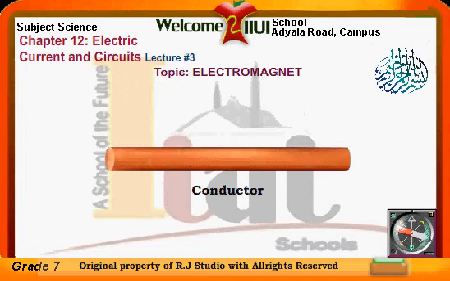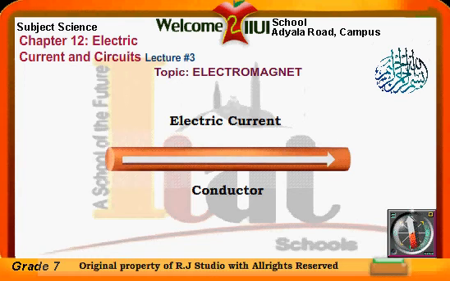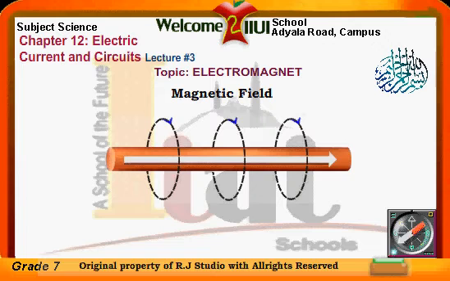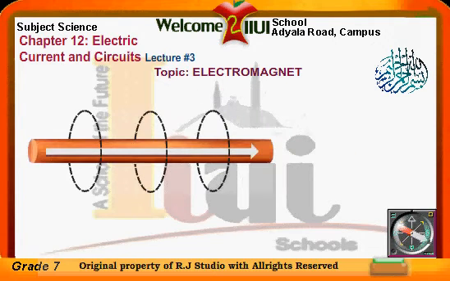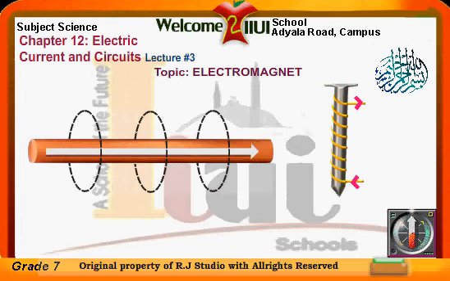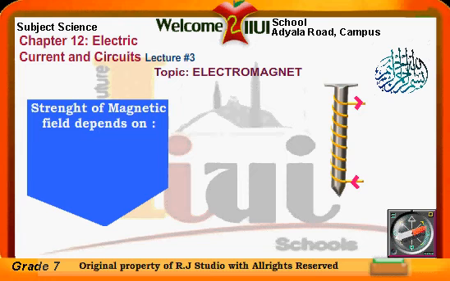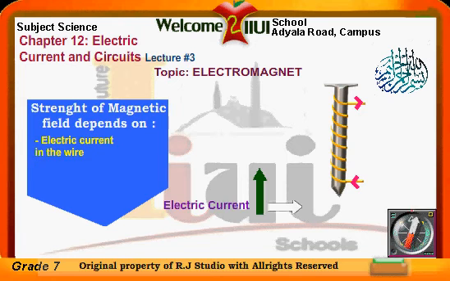Dear students, any conductor that has a straight wire through which electric current is flowing is called an electromagnet. That's because there is a magnetic field around it. However, we can make the magnet stronger by wrapping the wire around a piece of iron, such as an iron nail. Even if the current is the same in both cases, this one, as you see, the nail, results in a stronger magnetic